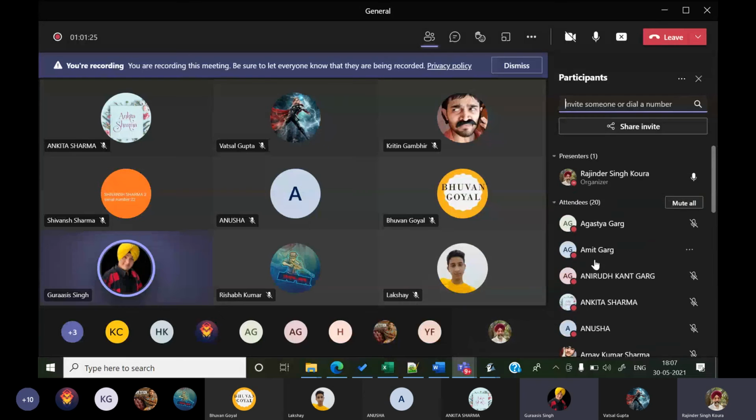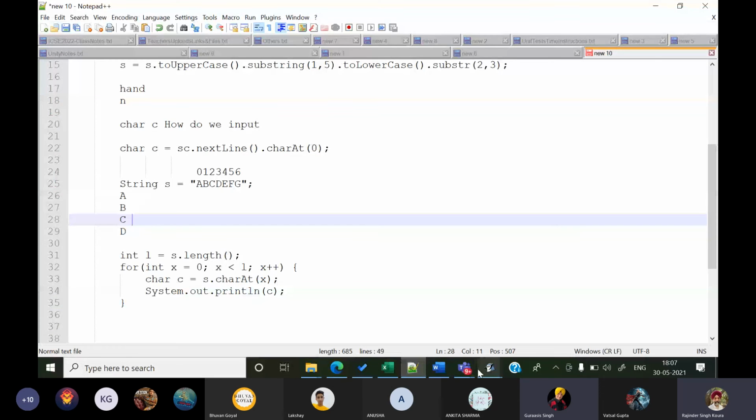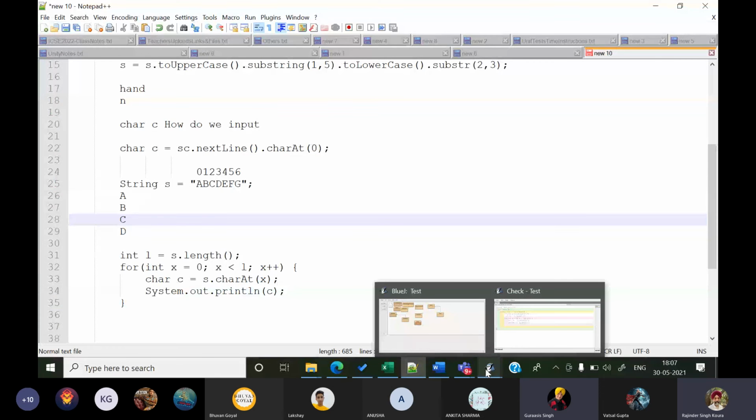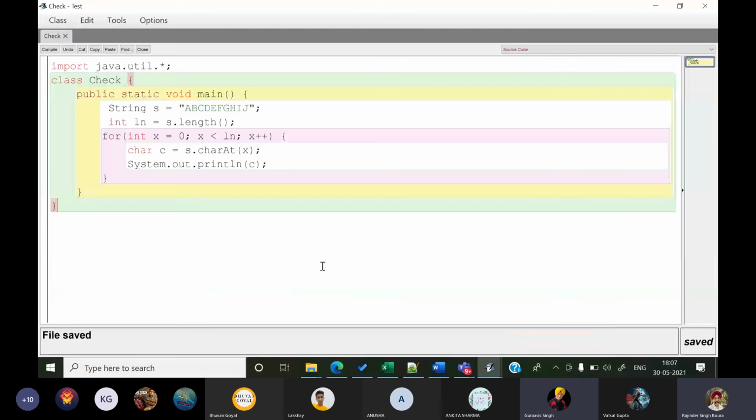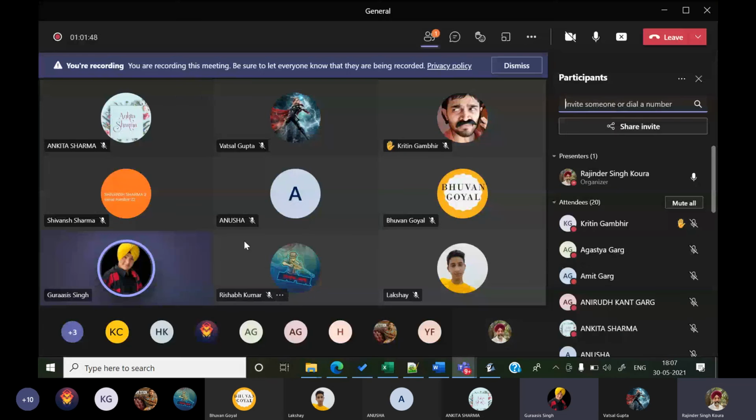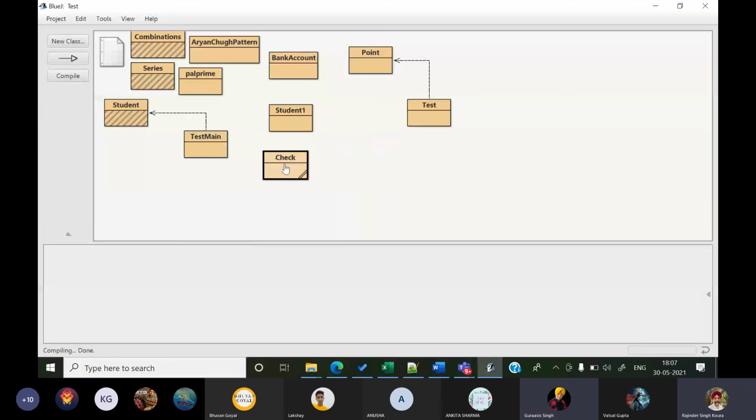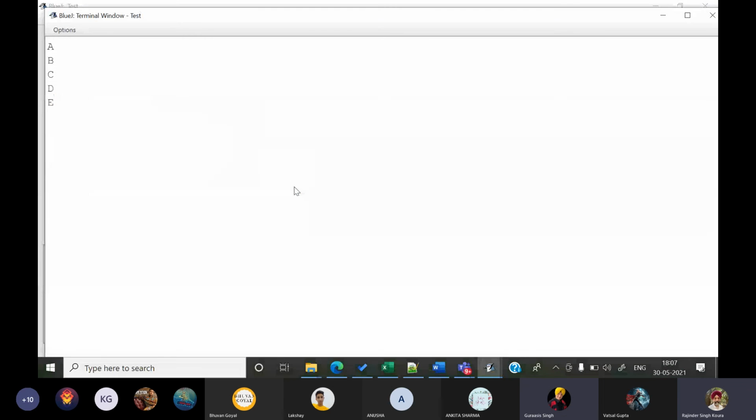Any questions? Sir, if you say print half of the string, we will do L divided by 2. Yes, L divided by 2. So if I want to display only half of that string, I can just do that. Many such operations can be asked from an examination point of view. Yes. So it has displayed only half of that.